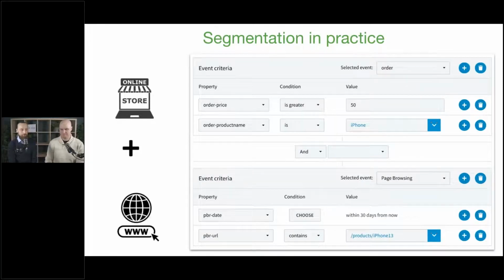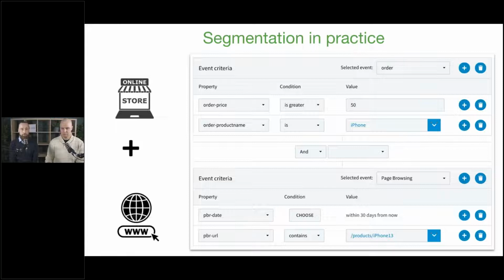We like to keep things practical, and here's a practical example of how to do that segmentation. We talk a lot about segmentation. Maybe you do that with your daily work too, but just to keep things practical, here is an example of how segmentation actually is done. Here we can combine two different data sources: online store order data with page browsing data.